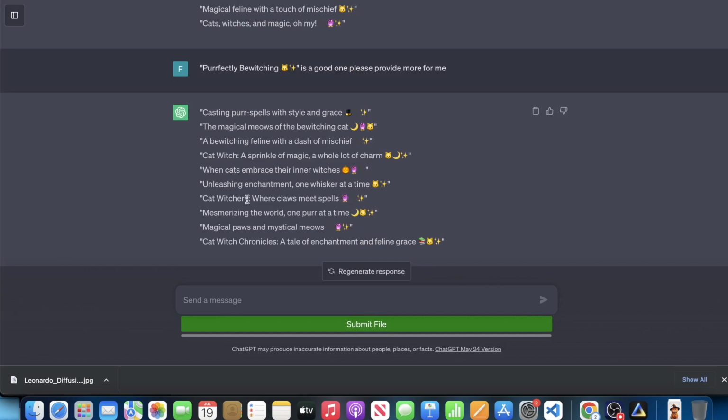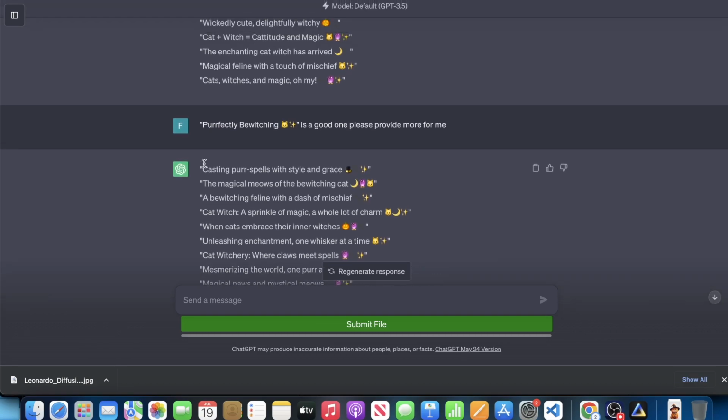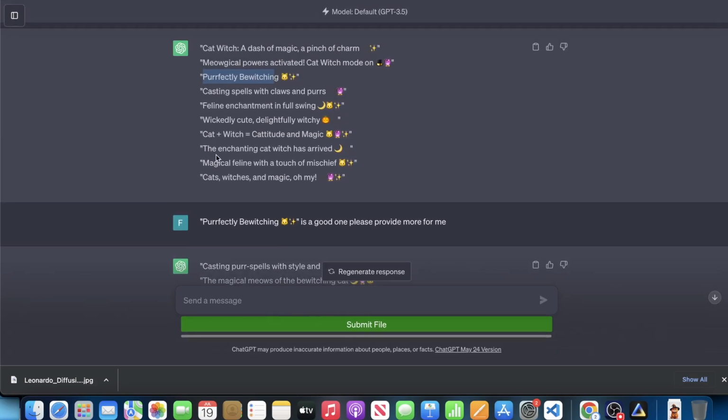I actually like perfectly. I don't know. I think that's a good one. I was gonna say I like some of these others, but yeah, we're gonna go with that. So let's go ahead and pick perfectly bewitching, and I'm gonna take this one, this first word, copy it, and